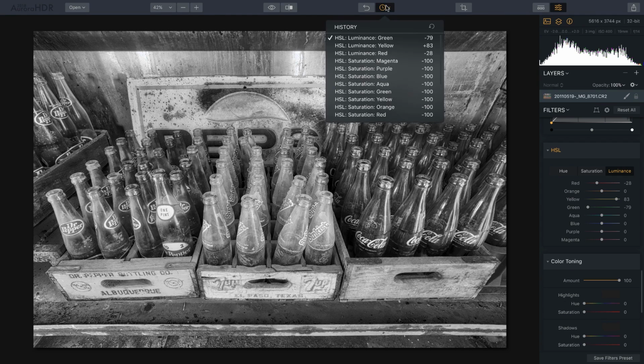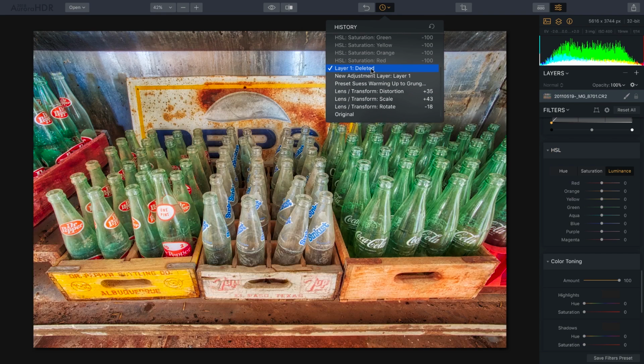Let's take a look at the history. And now we can see here's all those adjustments that I made in my history in the HSL filter. And I can easily scroll down and then find where that layer 1 was deleted. And if I click on that, that brings me back to right when I started making those black and white